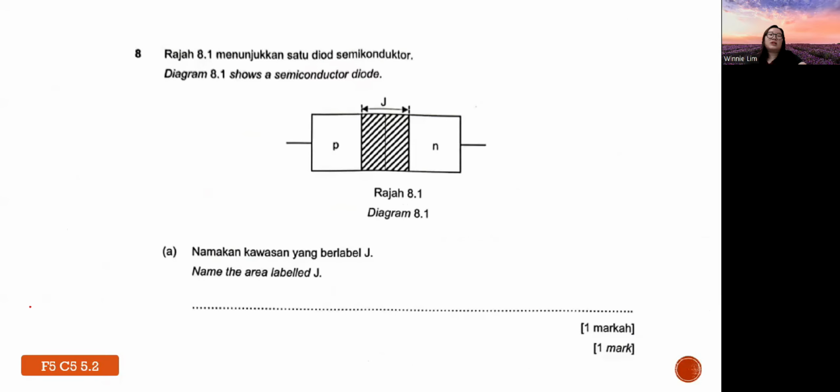Okay, number 8. Number 8 is under Form 5 electronics, the idea on diodes. So what is the region? The shaded part here is called the depletion region. What is the depletion region? It is a region where there is no charge. Why? Because P-type has extra holes, and I always tell students a hole has a net positive charge. And N-type material has excess electrons. So when an electron goes and joins a hole on the other side, they will leave a region where